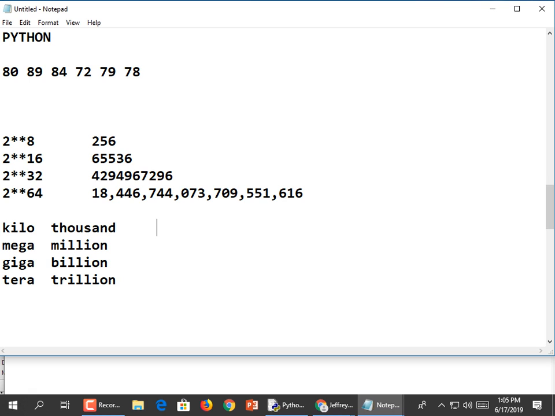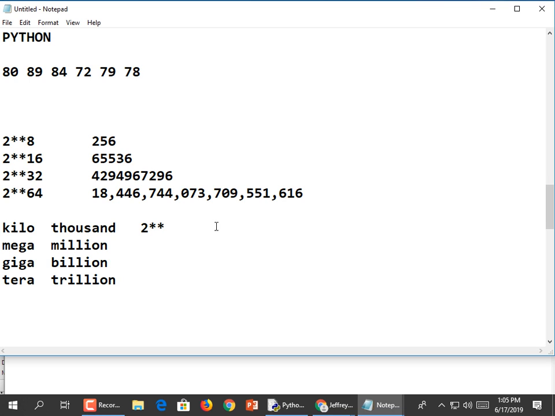Now, this is what it means to math people and physics and chemistry people. These are known as the SI, System International counting system, where you use these Greek prefixes to multiply things by 1,000 or a million or billion or whatever. But in computer terms, this means 2 to the power of,